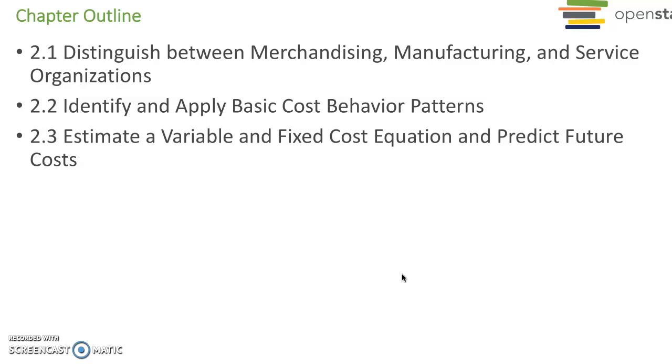I'm going to go over part of Chapter 2 in this video. The learning objectives for Chapter 2 are distinguishing between merchandising, manufacturing, and service companies. We're going to go over some cost behavior patterns and use a method to estimate the variable and fixed portions